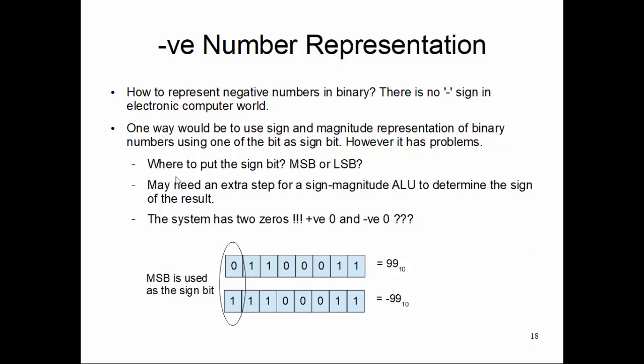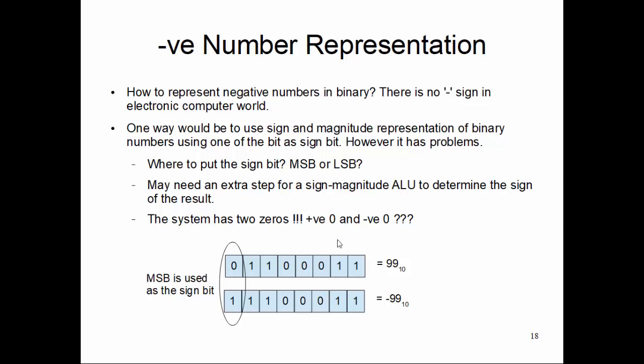What it's trying to say is, okay, I have 8 bits, and I use one of the bits as a sign bit, leaving 7 bits. First of all, that's a waste of a bit. That's a different matter. But where do we want to put that sign bit, at the MSB or the LSB? Both have pros and cons from a digital circuit perspective and circuit complexity perspective and so on. We may also need an extra step in the sign magnitude arithmetic logic unit to handle them